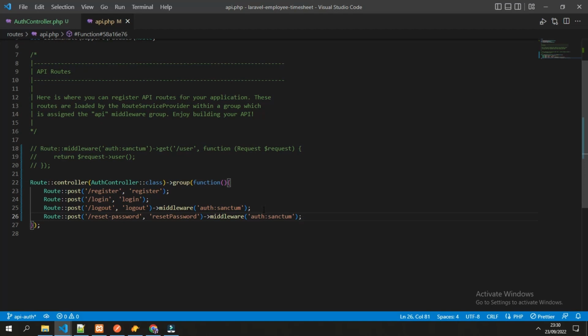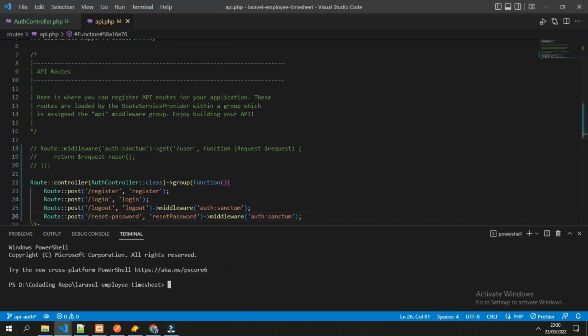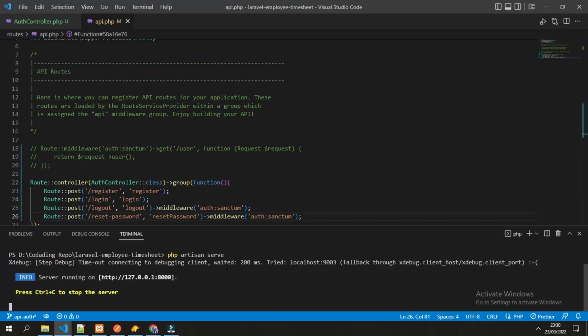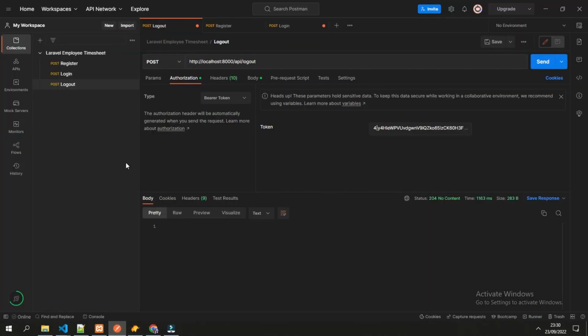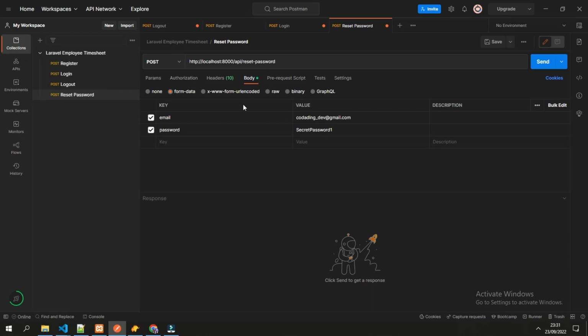Now let's try this API. We run the application running first. You can copy from this one. Reset password, and the body would only expecting a password.